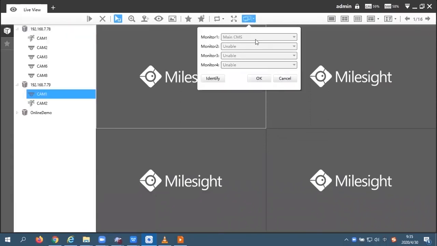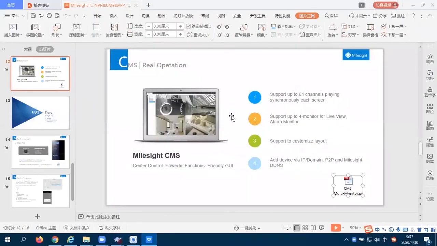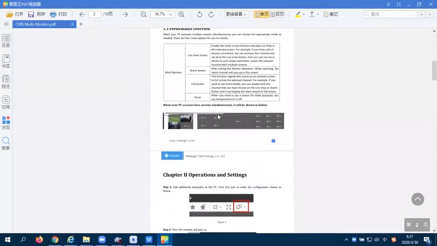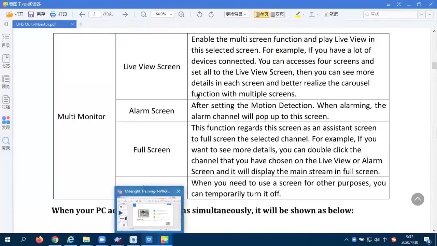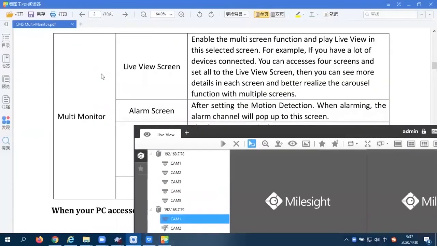So the first part, you can see on the monitor part, this is live view. For the monitor part, there are 4 monitors maximum, and you can select which monitor. For example, this monitor for specific functions. Okay, so we can see here there are 4 maximum